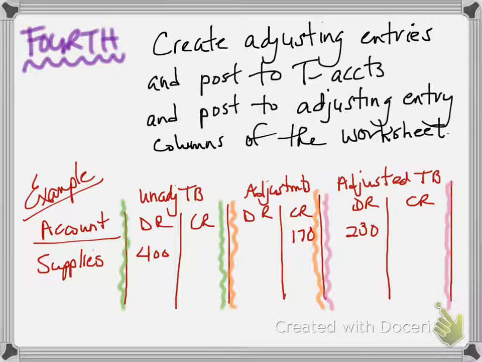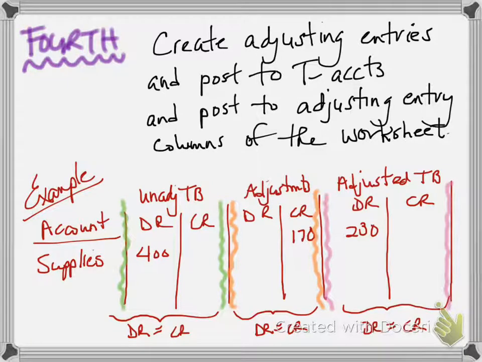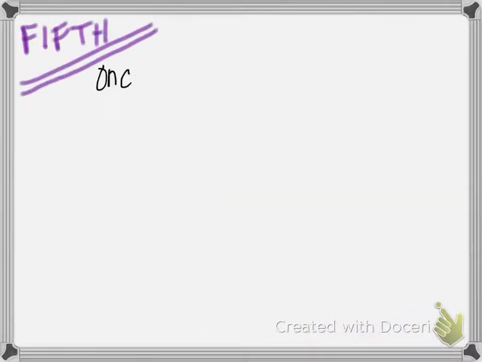There's a debit and a credit that go together for the adjustments, and then there's a debit and credit column for the adjusted trial balance. And in each case, the sum of the debits has to equal the sum of the credits. If not, you're messed up. You've got a mistake. You've got to go back and find it before you can move on to the fifth